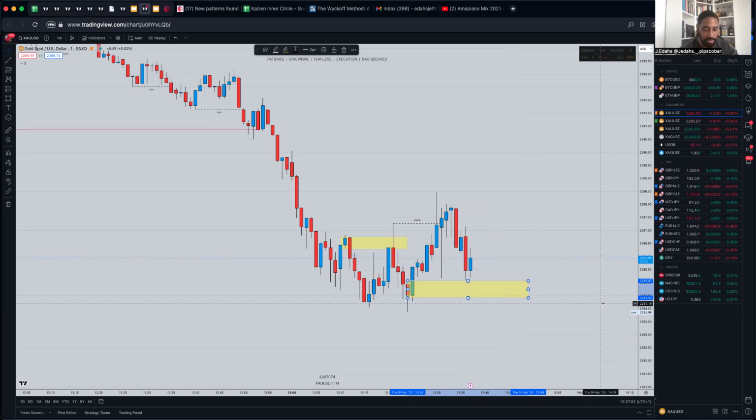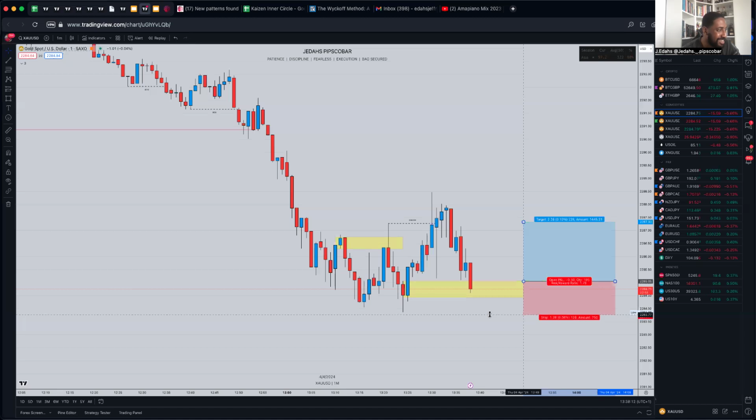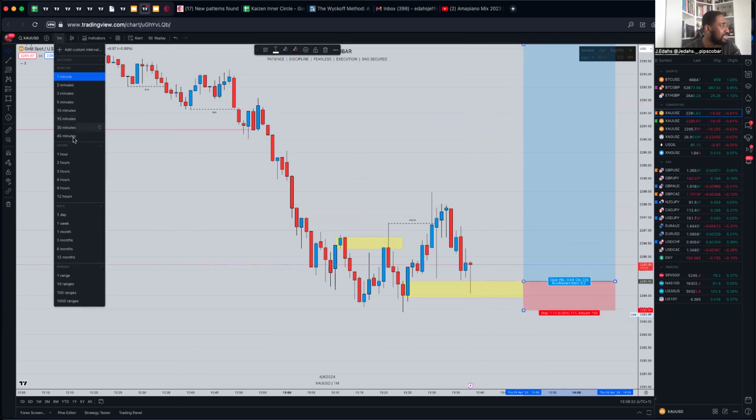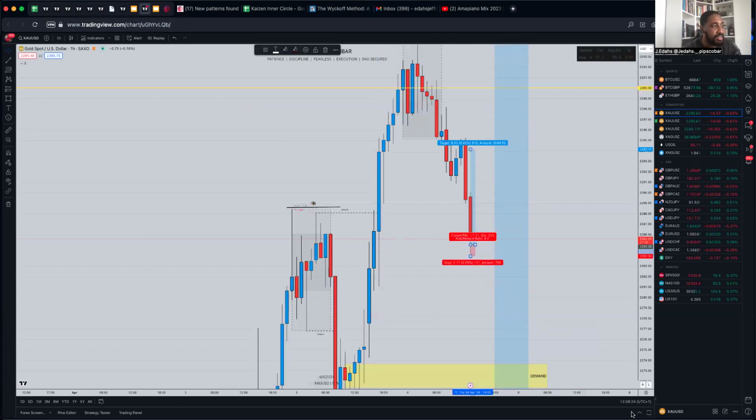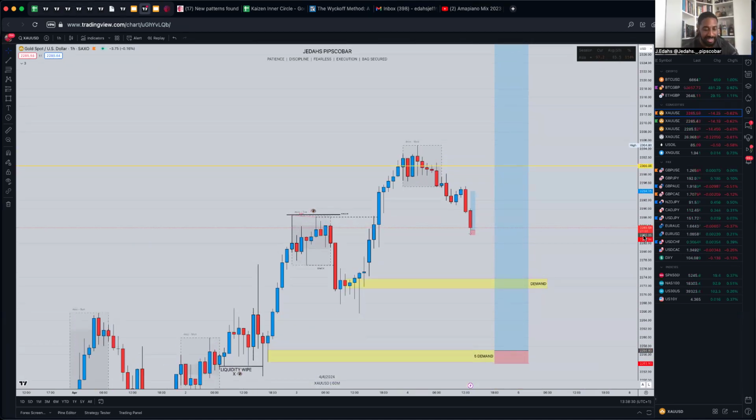And then stop loss, I'm just putting mine under how many points? 16. No, we don't really need that. You know what? Just put it over there. Where I've put mine looks slightly different on my broker. But if it does hold, then we're good. But is it going to hold? On this it's 11 pips, so just put it under here. On the 1 minute, we're risking about 10 to 11 pips. And if it does hold, then we're in business. But if it doesn't, then again, I wouldn't mind if it comes down into these areas anyway. So we'll see how that plays out, if it does play out.